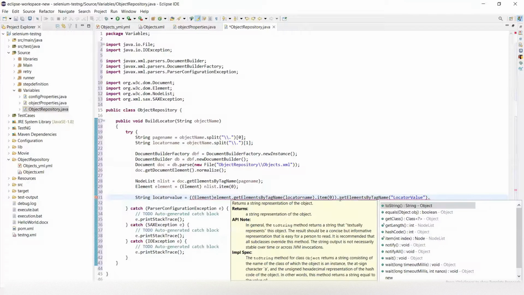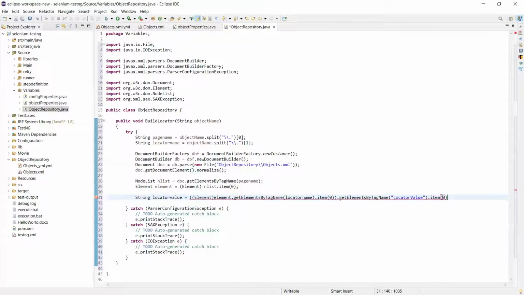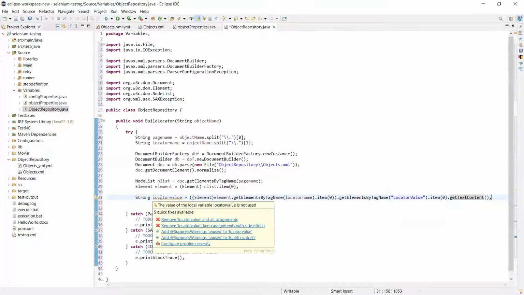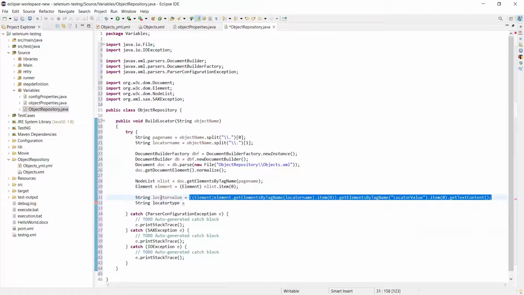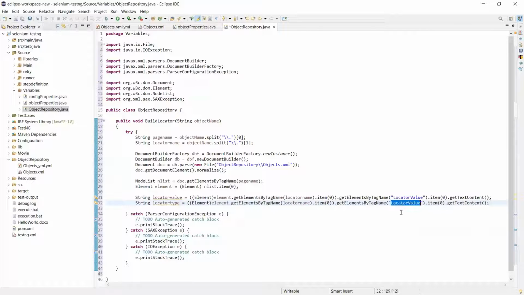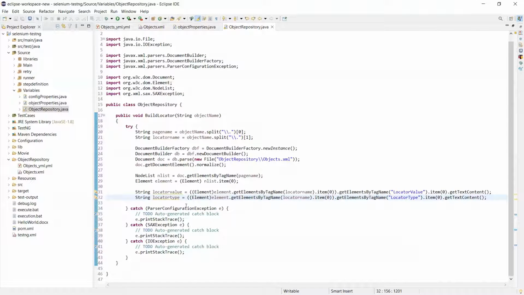And then call the getTextContent method to get the text value of the node. So this will return our locator value and will store it into this string. Similarly, create a string for locator type as well, and then we'll get its value from the locator type node. Copy the same statement and then change the node value to locator type. So now we have our locator type and locator value with us.